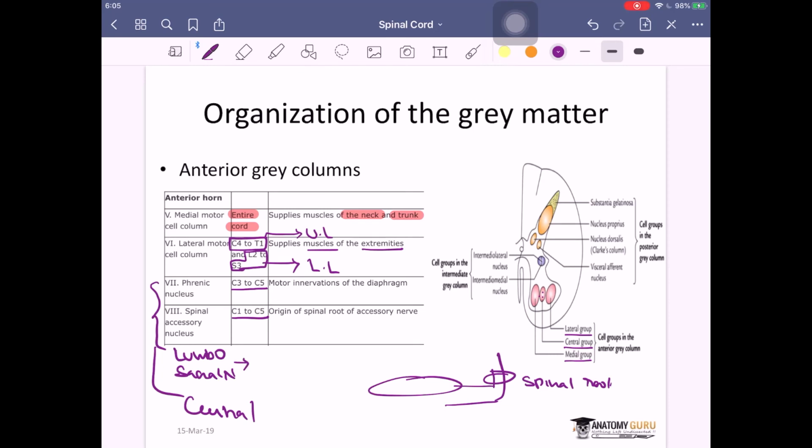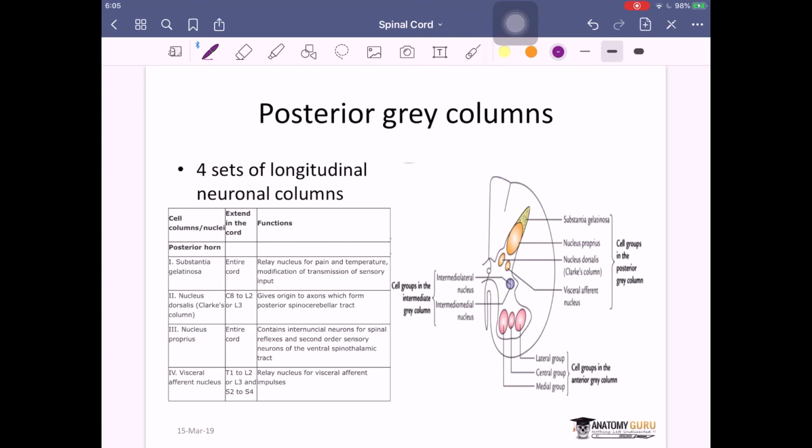Now there is something I told you as the lumbosacral nucleus. The name itself says it should be present somewhere in the lumbar and the sacral region. So it is from L2 to S3, which is why it is called lumbosacral. So you will find the central nucleus in L2 to S3 appearing in the transverse section, but when you stimulate this nucleus we don't see anything. So the function is unknown, and that is the reason it is not included in the table. Unknown function. Is that clear? So this is about your anterior gray column.